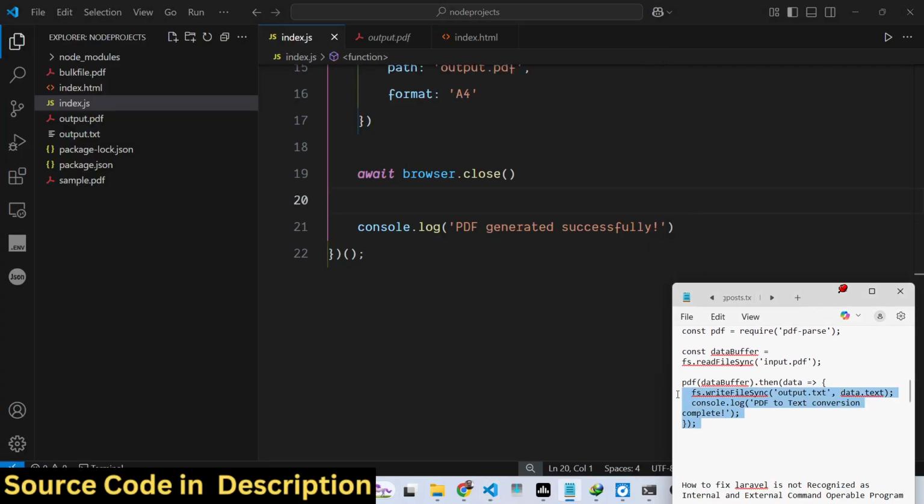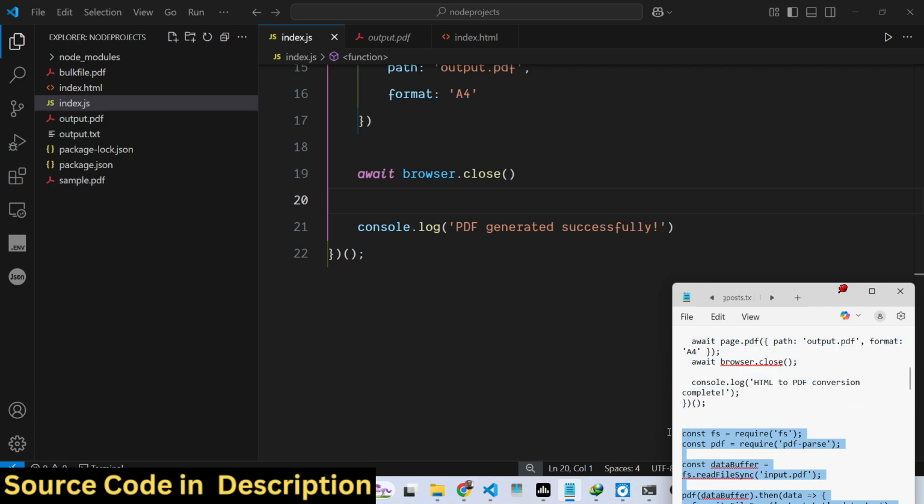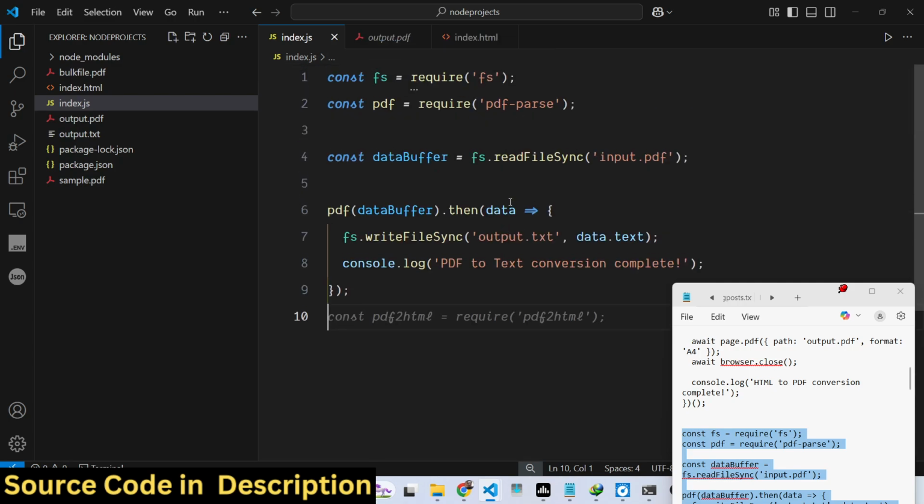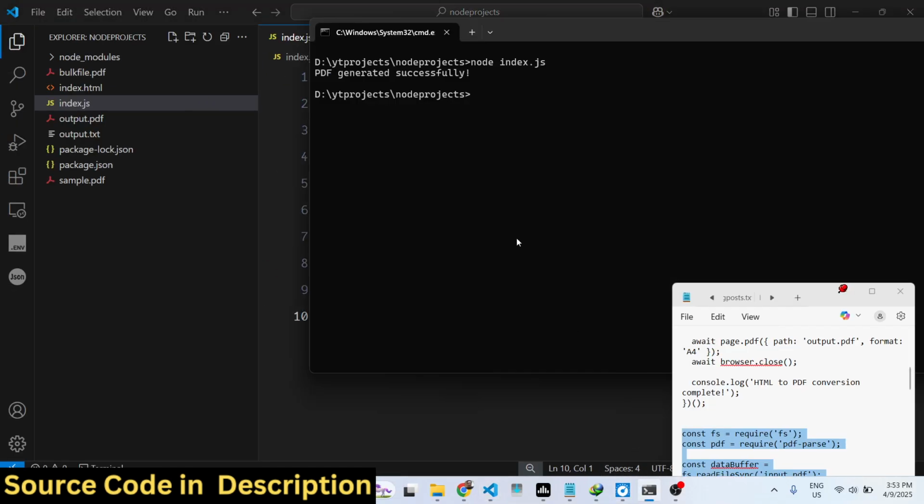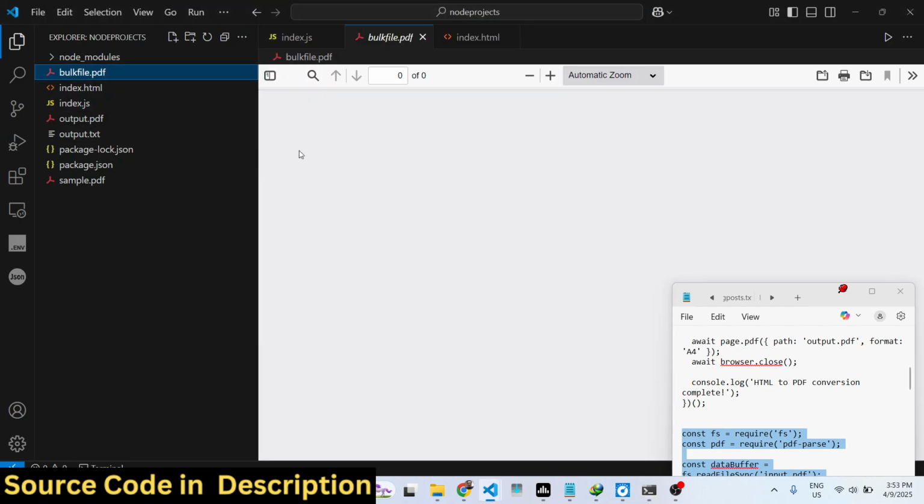So in this video I will show you a Node.js package which allows you to extract data from a PDF file and save it as a TXT file. The name of the package is pdf-parse. What this package will do, if I run this script here, I have a PDF file right here